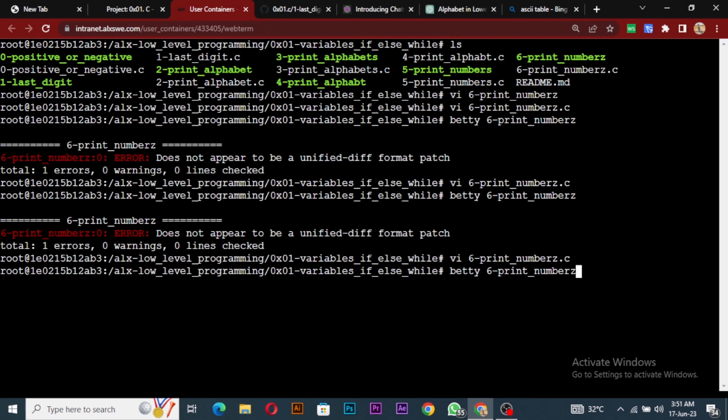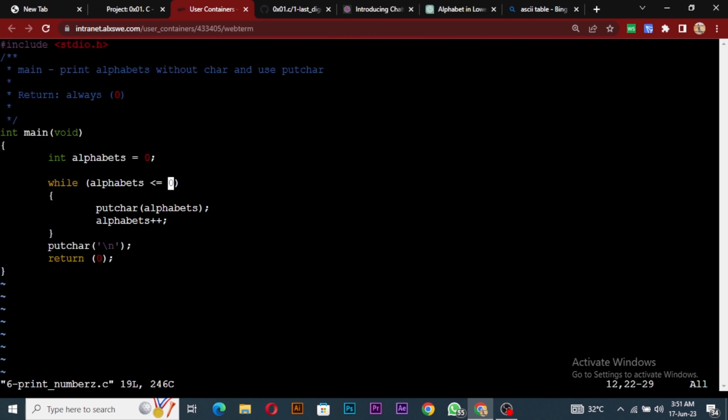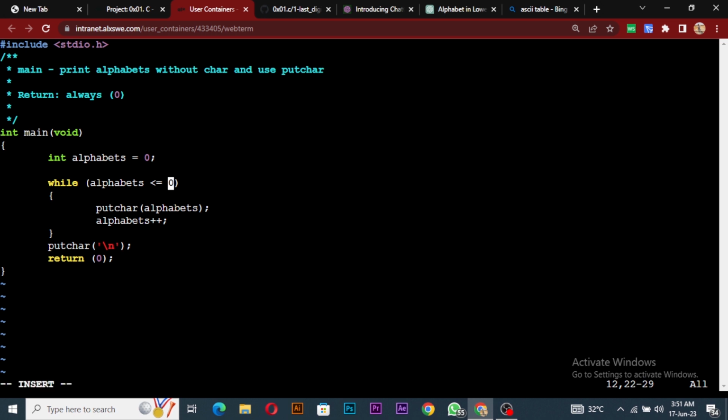And if I do Betty now, let's see. So now Betty is still the same thing. So if I compile, it might still work, but our checker will fail us. So I'm trying to see. Probably I'll just forward this part to where we resolved it. Int alphabet equals to 0. So